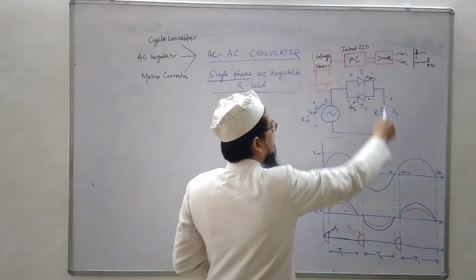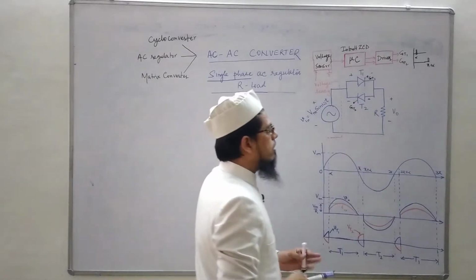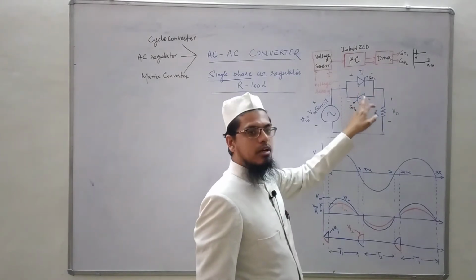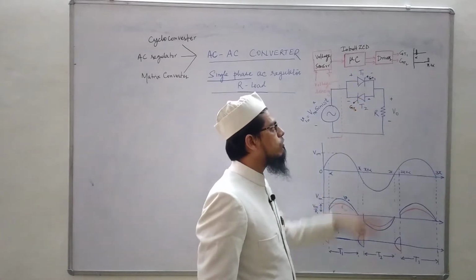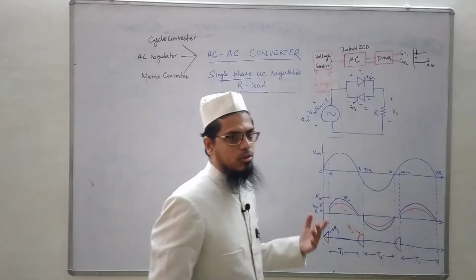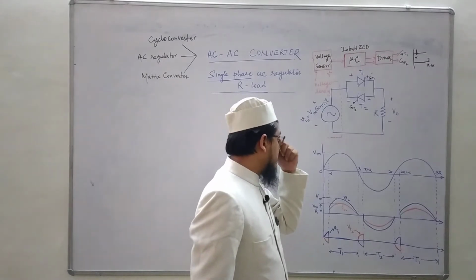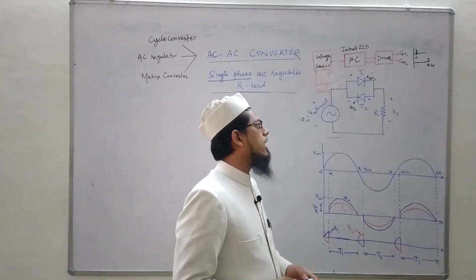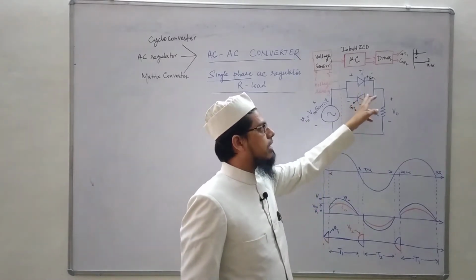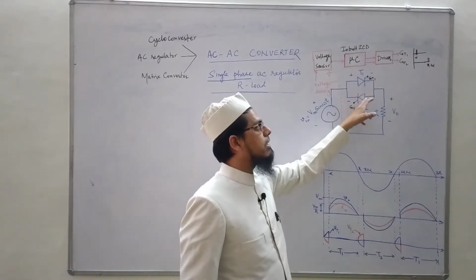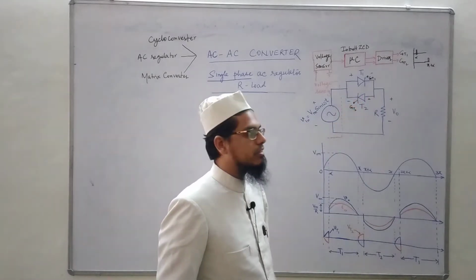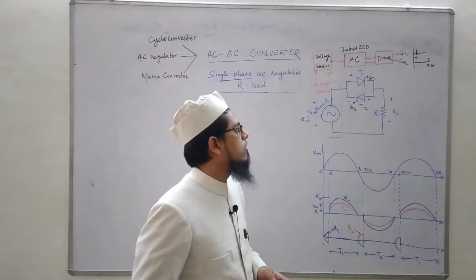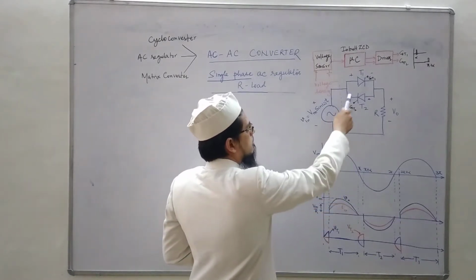So this is the circuit configuration. We can use two SCRs in anti-parallel connection as shown here, or we could go for a triac also. But for higher voltage and power rating, we have to go for this anti-parallel connection configuration of the AC regulator because of the constraint on the higher rating of a triac.